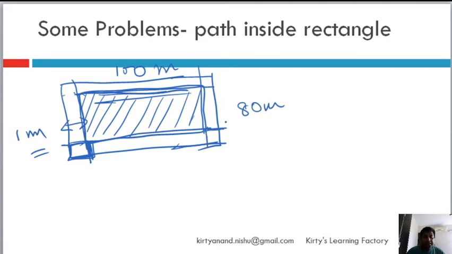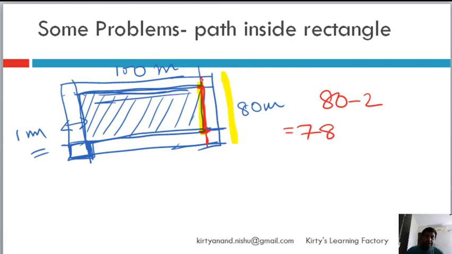Okay, so if this is 80 meters external, it has become too dirty, let me clean it a bit. Otherwise, if the outside piece is 80 meters, what will be inside, you tell me? Think. I just told you this is 1 meter and this is 1 meter. So 1 meter you subtract from 80 here, and then 1 meter you subtract again from 80. The breadth of the internal rectangle will be 80 minus 2 equal to 78, right?